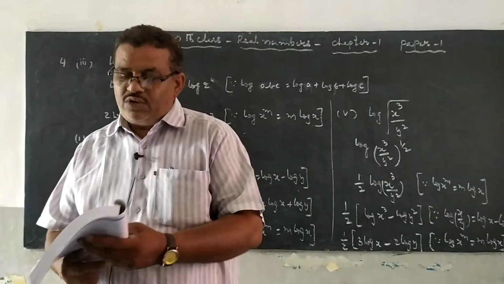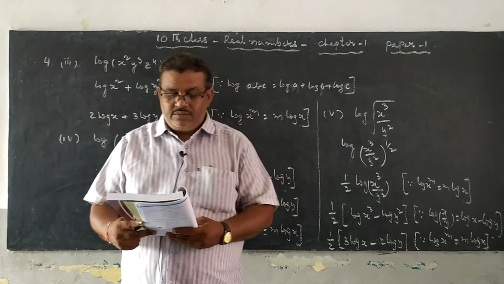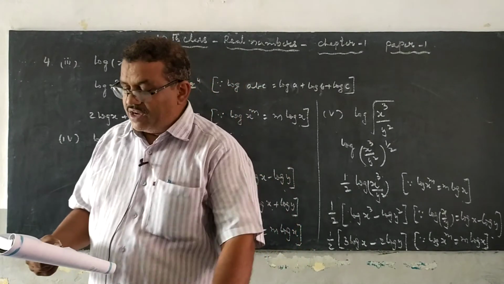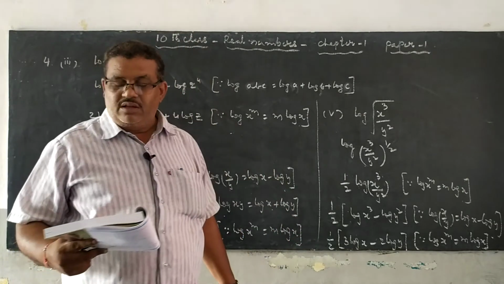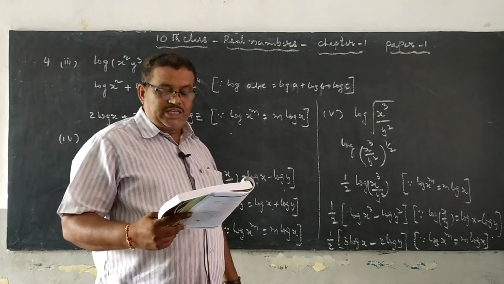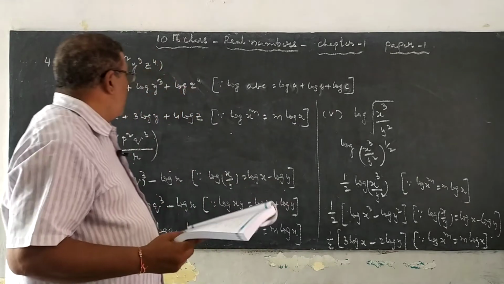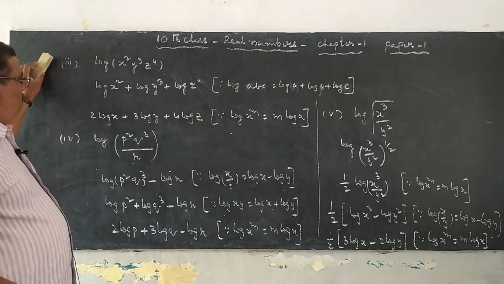Now we have to go through the next Roman, that is the 5th Roman question. If x square plus y square equal to 25xy, then prove that 2 log x plus y is equal to 3 log 3 plus log x plus log y. How we have to represent that one? One time see here.